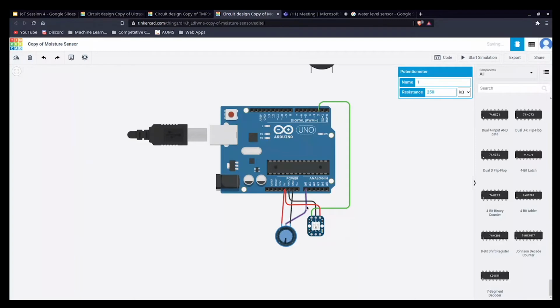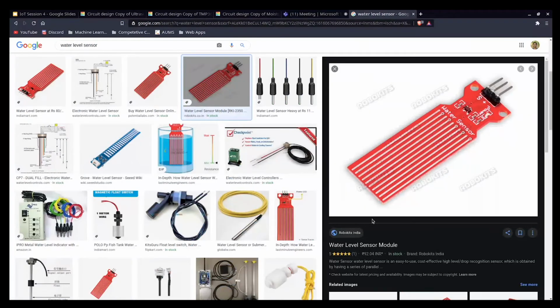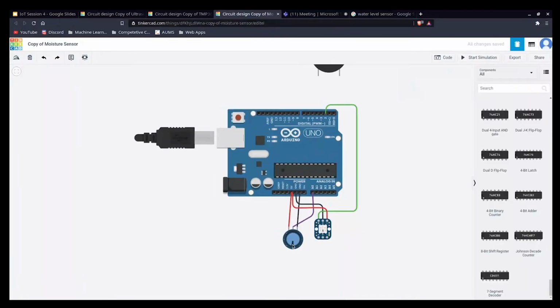So as I said, for the water level sensor, what I was trying to demonstrate was this sensor, but unfortunately it's not available on Tinkercad. So for that we'll be demonstrating with the help of a potentiometer. We'll be varying the output, we'll be varying the current, and accordingly this element will blink in various colors, may it be red, green and purple, and it will show accordingly, like in the given range.